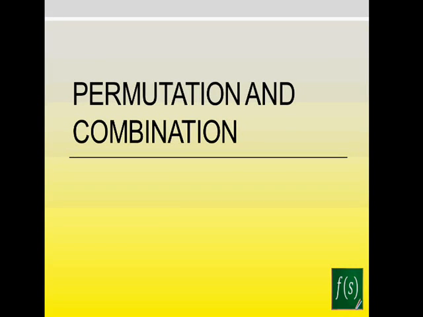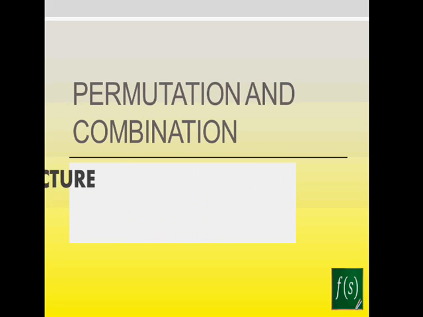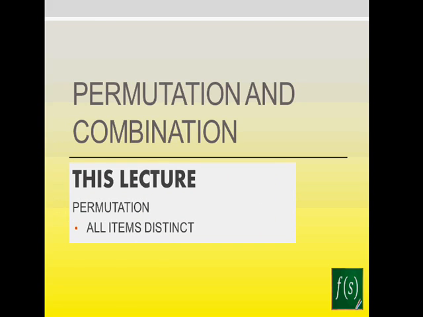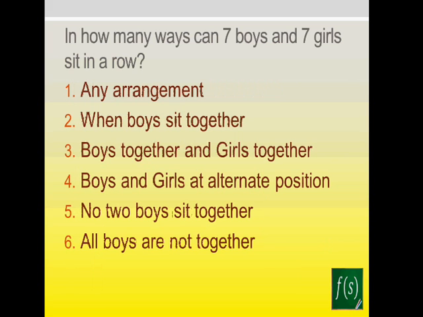We'll continue our discussion on permutation and combination, and today I'll start the questions based on permutation, which are of two types: when all the items are distinct and when some items are distinct. We'll take the first case in this lecture, when you have all the items as distinct, and a very specific case of this, which is the seating arrangement, a very important topic from where many questions come in multiple choice